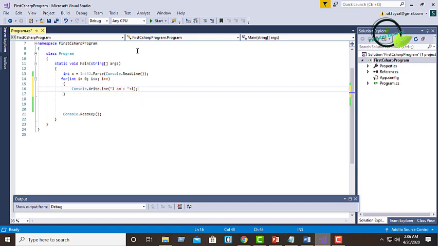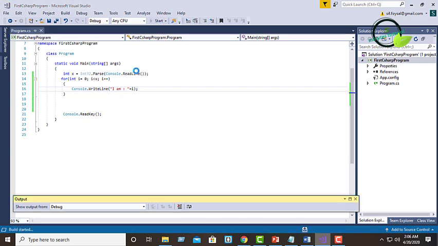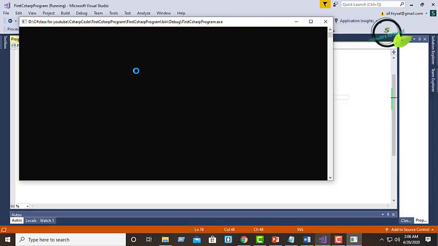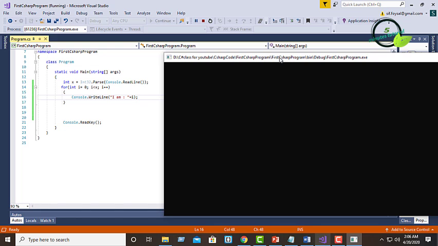Okay, let's execute the program. Here I am giving the input of x. I am giving 10 as the input.